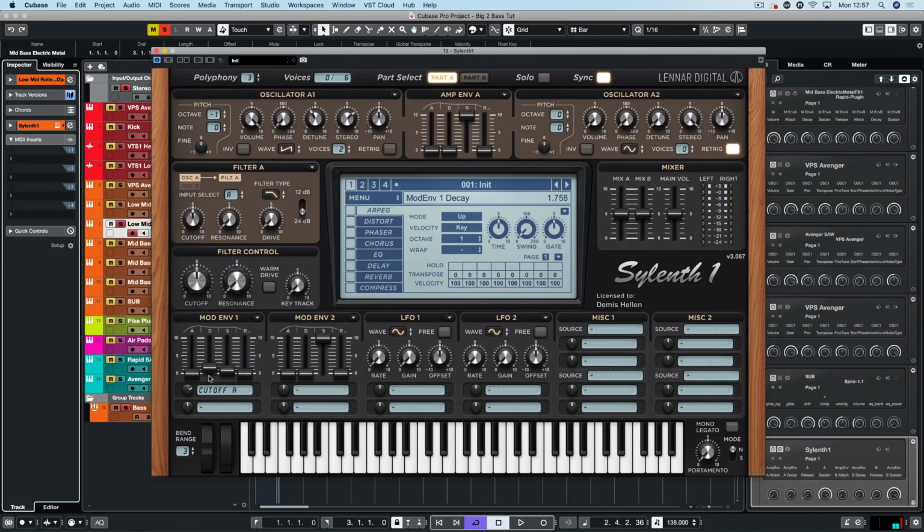Okay, so we've got that set up, and that is starting to open the filter. So let's go back to amp envelope A here, and I'm going to create something similar, but not as drastic on those settings there. And as you can hear, it's now starting to come together a little bit more. We're getting that regular